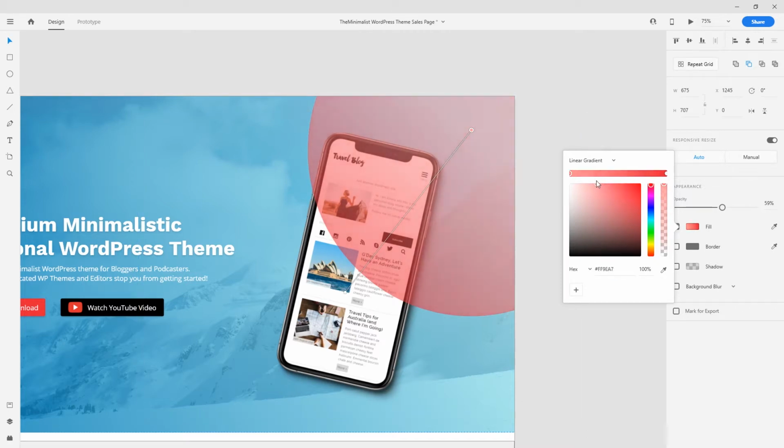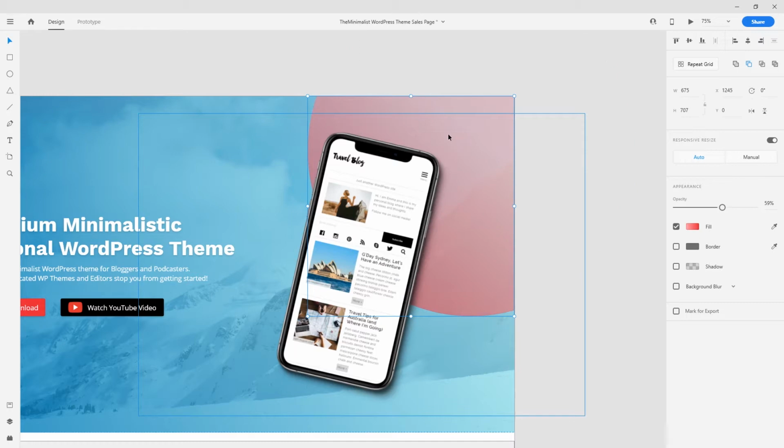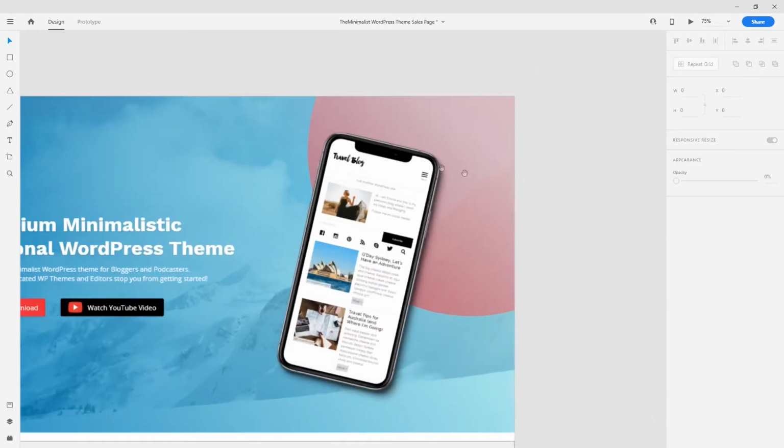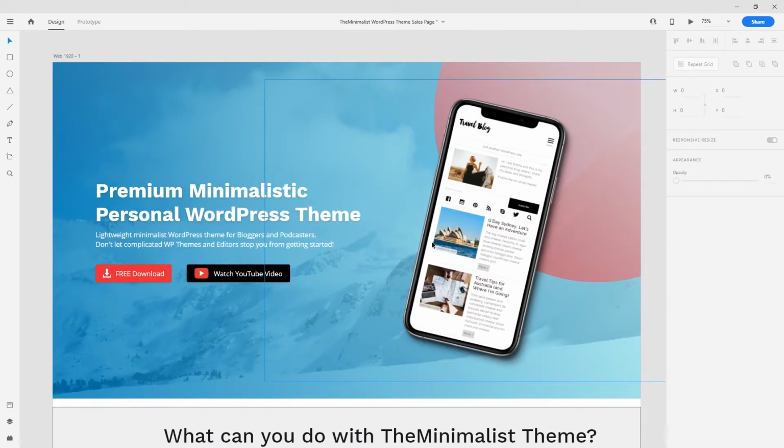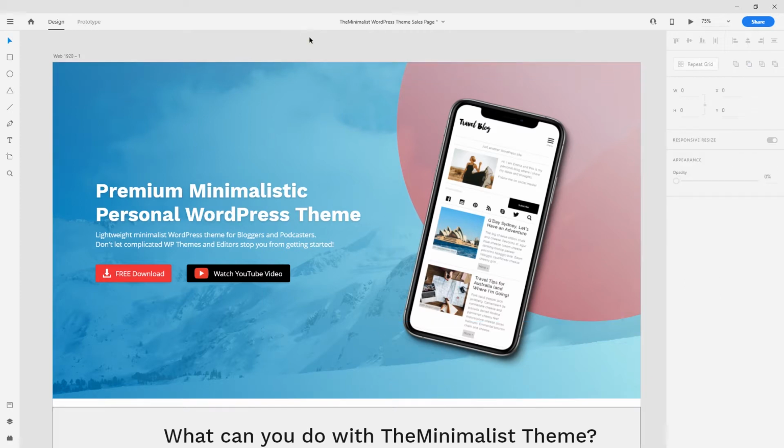Maybe it should be something like this. Okay, and I think this might work okay. And what I was gonna do is put this on the background just like this. It makes it a little bit more interesting, and we can actually make the circle a little bit bigger. Okay,